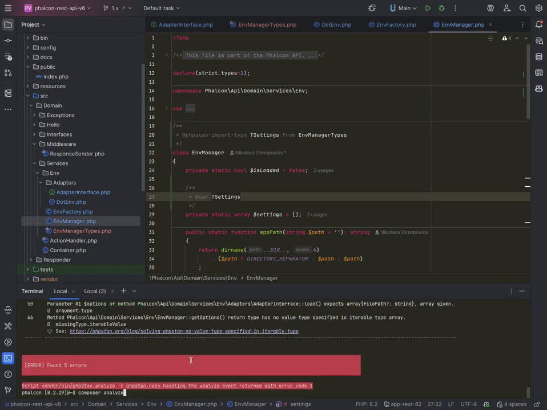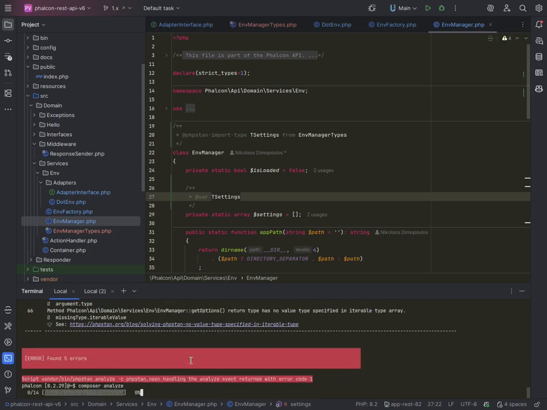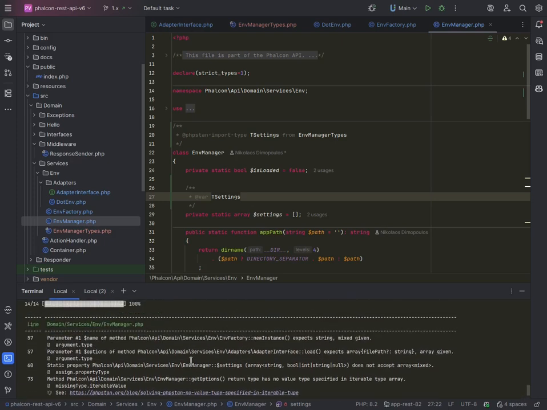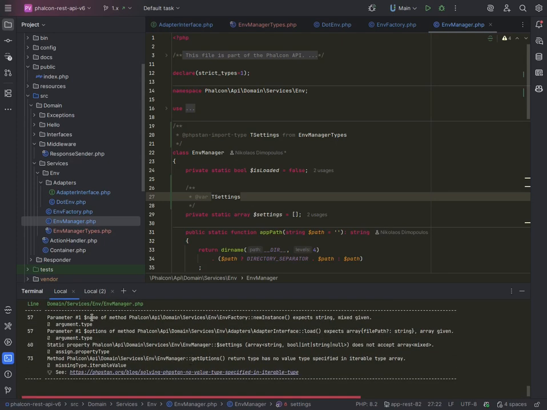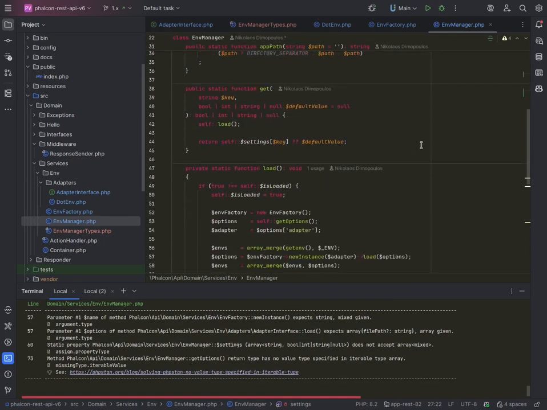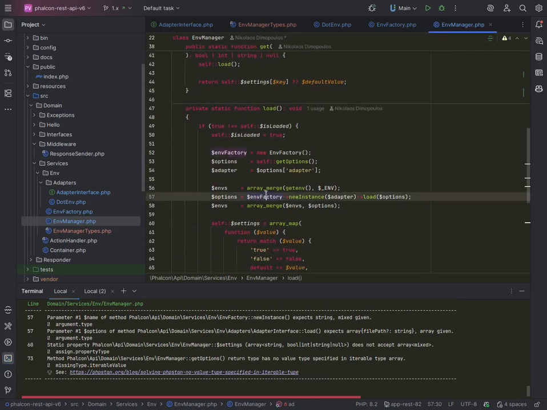So now if we run this, we should have fewer errors, which is fine. Now it complains about line 57, which is this one. It says that the new instance parameter name of method Factory::newInstance expects string, mixed given. So this one here, the adapter, and then